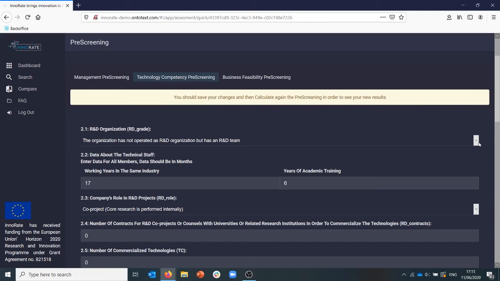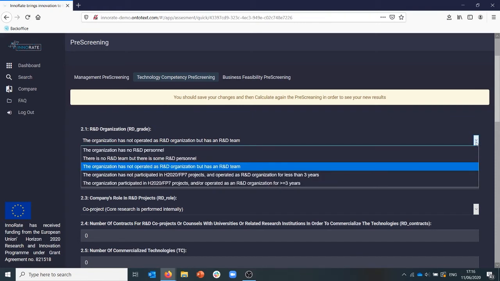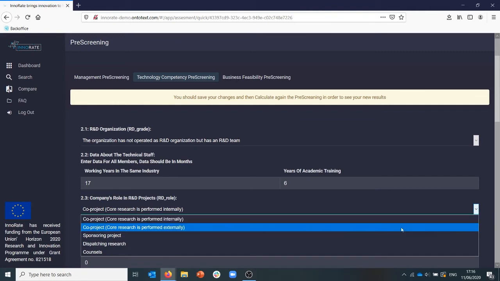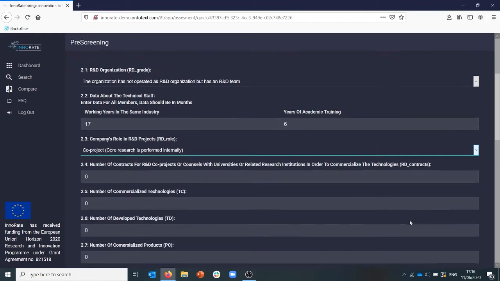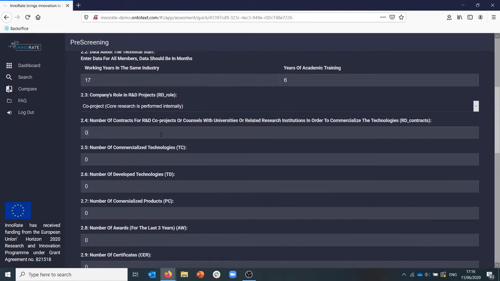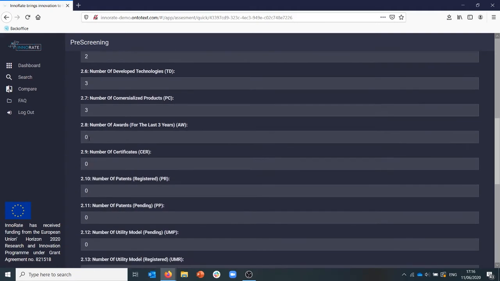Then you choose the company's role in research and development projects from the drop-down menu. Then you input the number of contracts for research and development co-projects, the number of commercialized technologies, the number of developed technologies, the number of commercialized products, the number of awards, if any, for the last 3 years, the number of certificates, the number of patents registered, the number of pending patents, the number of utility pending models,